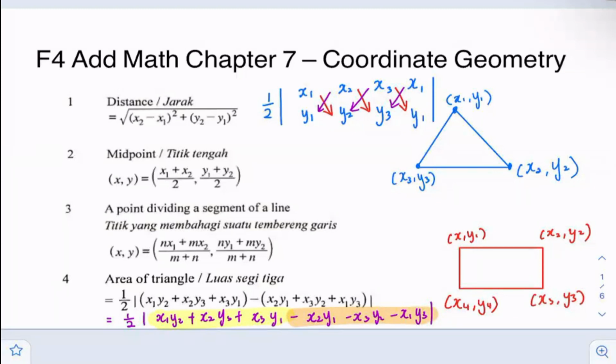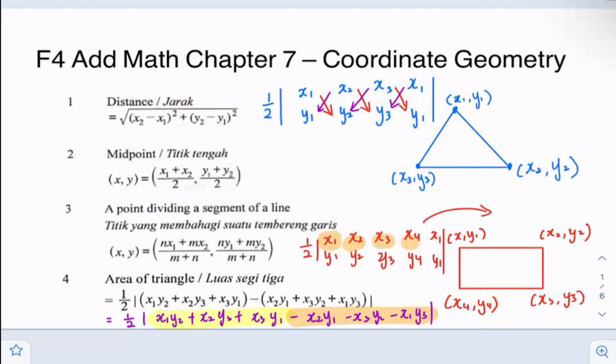If you are using this formula for a polygon, let's say a rectangle here, when you write the formula, remember you have to follow the direction. So let's say I'm going in a clockwise direction. I have to write x1, y1, x2, y2, x3, y3, x4, y4, and remember, rewrite the first one, then you close the modulus. So you can see I'm following the direction: 1, 2, 3, 4. I'm going this way.